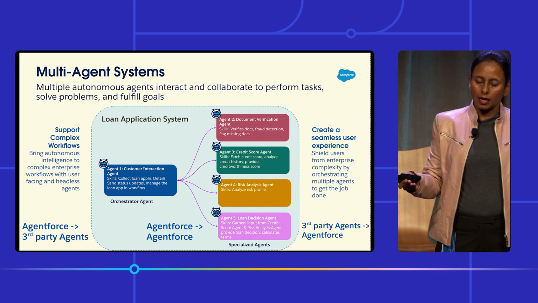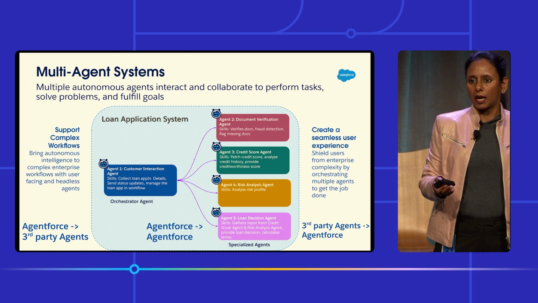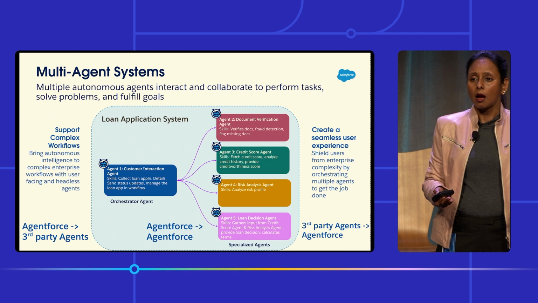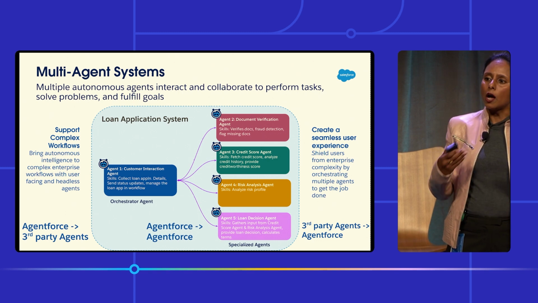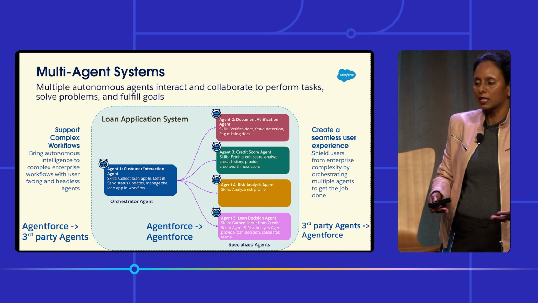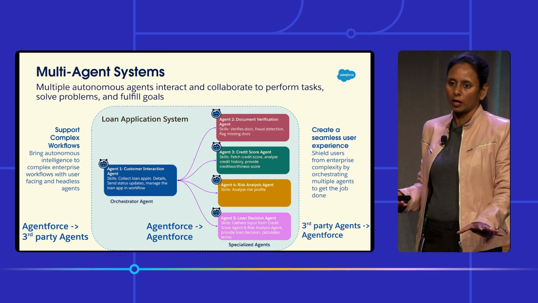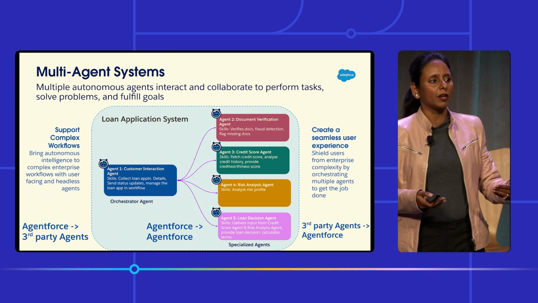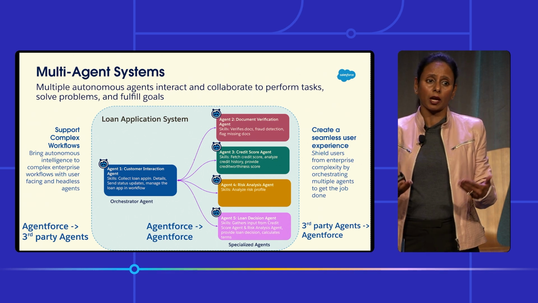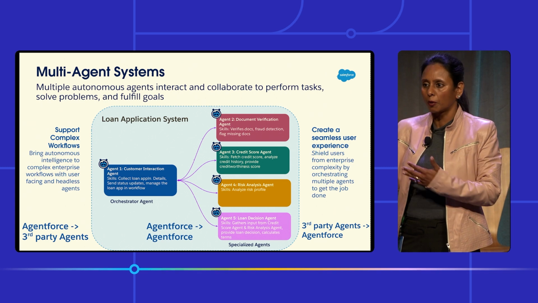So as you can see, by deploying a multi-agent system, you can automate a very complex workflow, very complex process. But not only that, you can also create a seamless user experience, because now your user is interacting with this one agent who's doing all of this under the hood. Your user is not having to jump through hoops, or indulge in what I call agent hopping. They don't have to go from one agent to another or one employee to another.